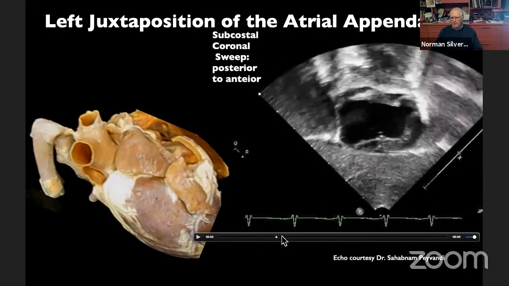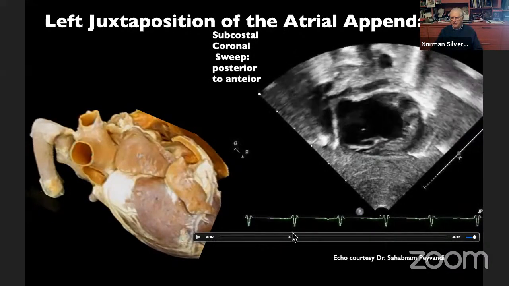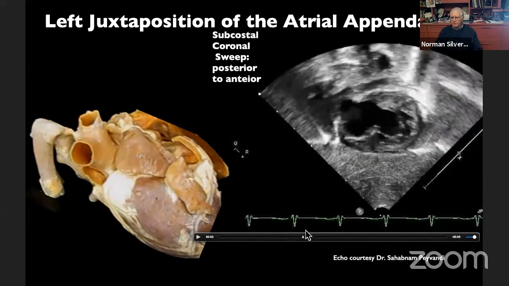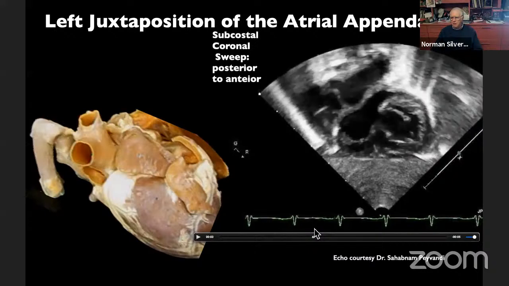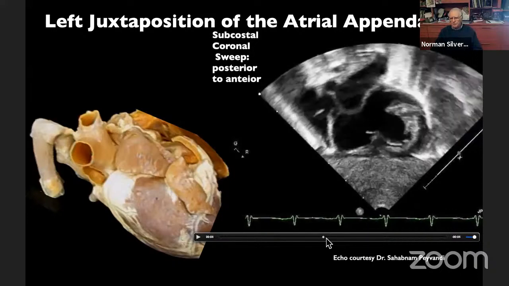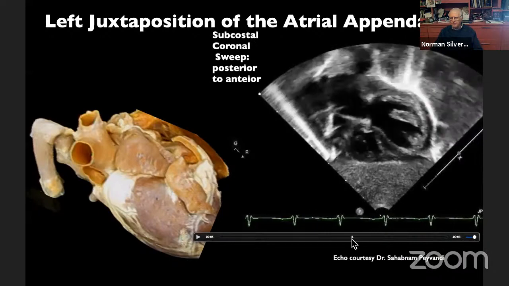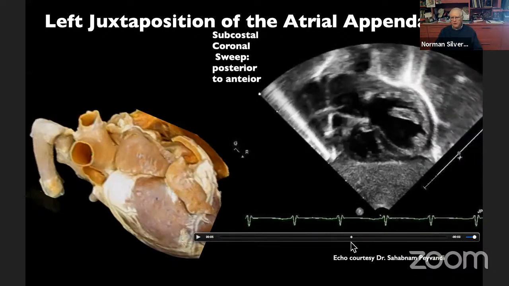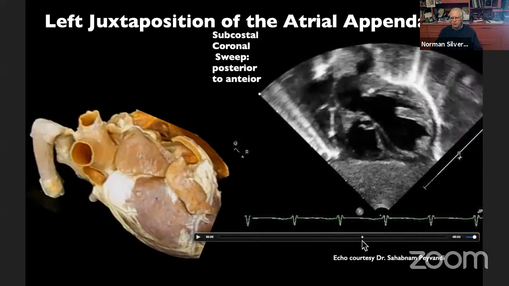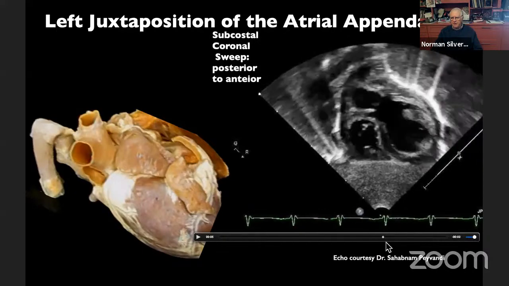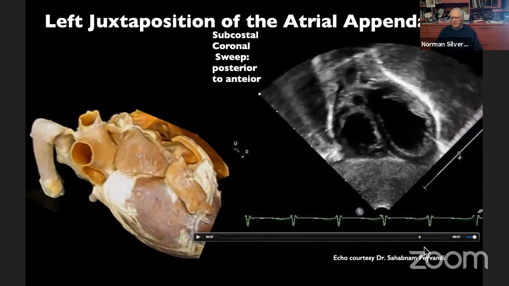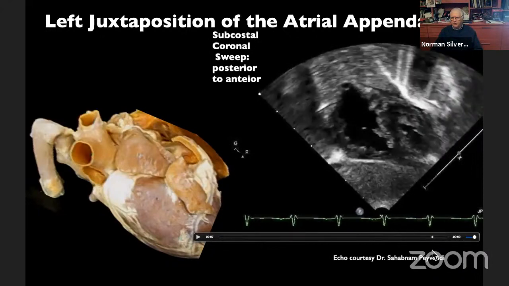Okay, and now we look a little higher and we start to see the atrial septum twisting as well. Do you see the atrial septum twists as well? And here is the right atrial appendage, and here comes into plane the aorta and pulmonary trunk. So as you come forward, you see the big pulmonary artery coming from the left ventricle. Now you can't see the appendages anymore because we're too anterior, and then we come even further anterior and we see the aorta with the coronary arteries.